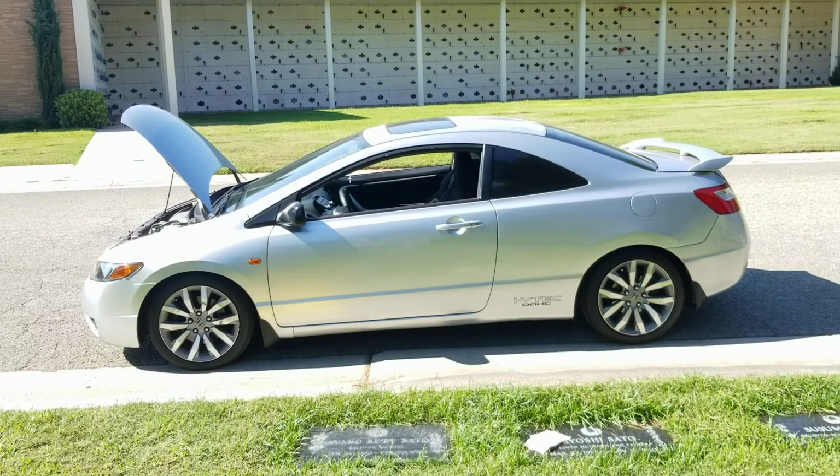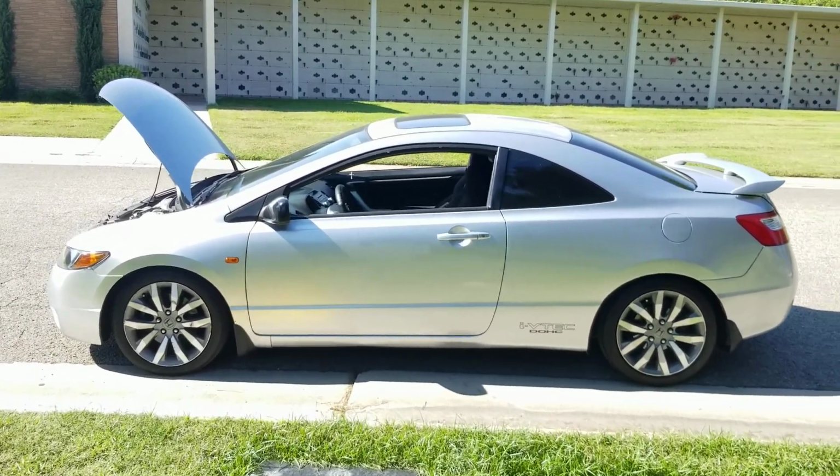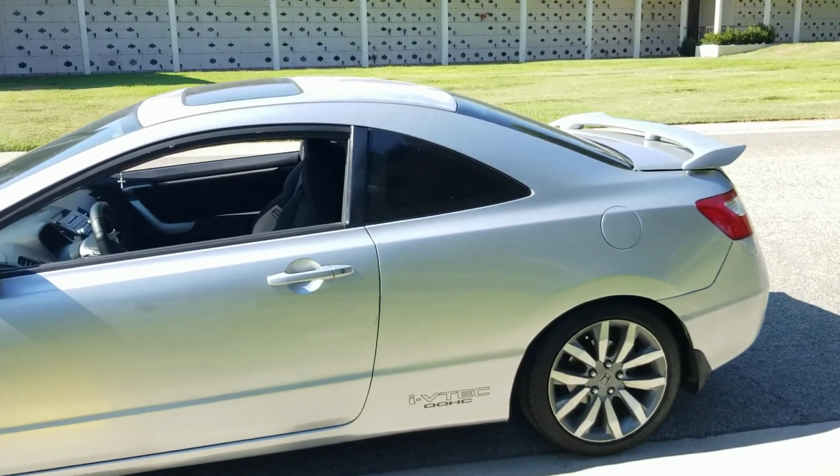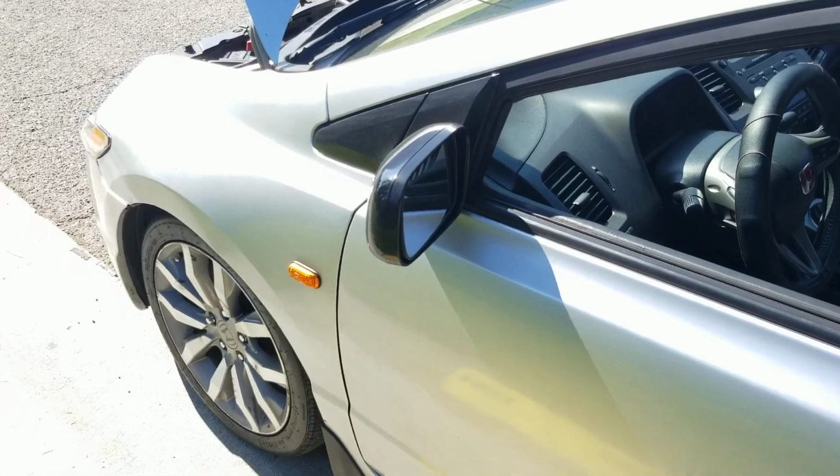My next move is the Type S oil pump. I keep talking about it because I'm definitely gonna get it. Let's see. Yeah, that's pretty much it. These cars actually